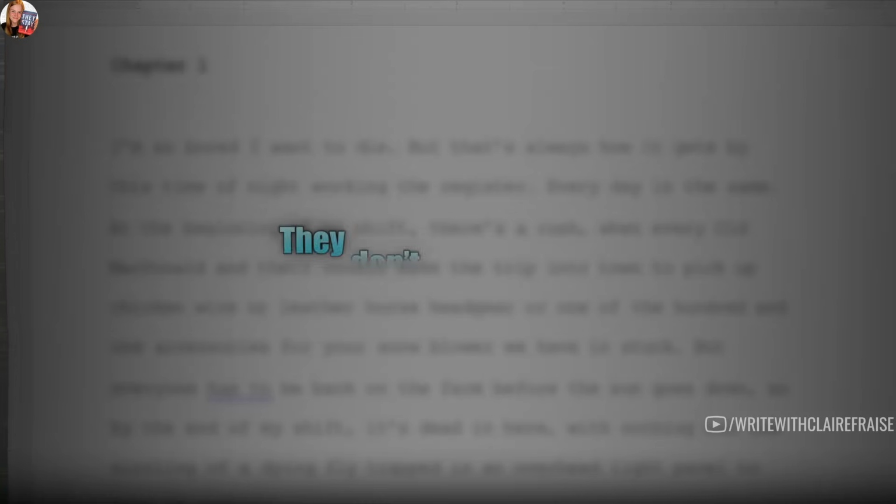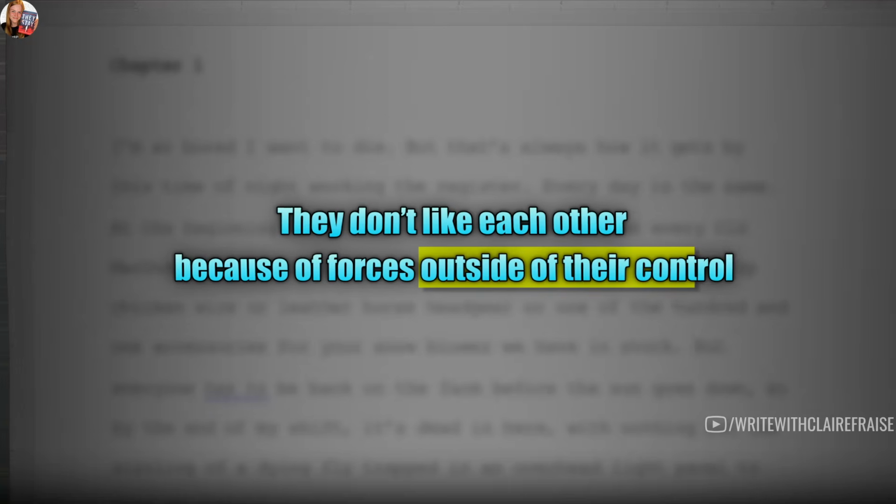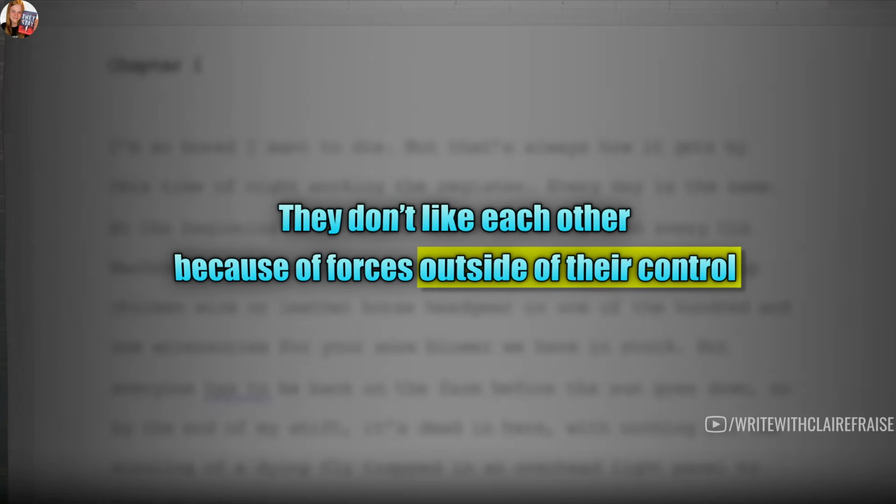And the third way you can do it is you can set them up to be enemies to lovers because of forces outside of their control. So not necessarily the plot. Like in Romeo and Juliet or West Side Story, you have the warring families, so they're already set up to be on opposing sides. Or I wrote a book where the girl had watched her entire family get murdered by